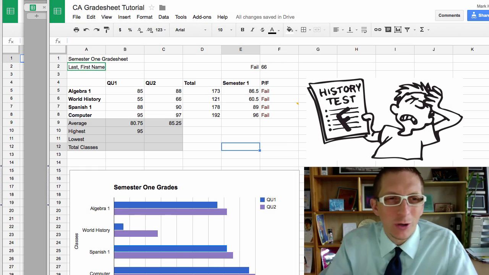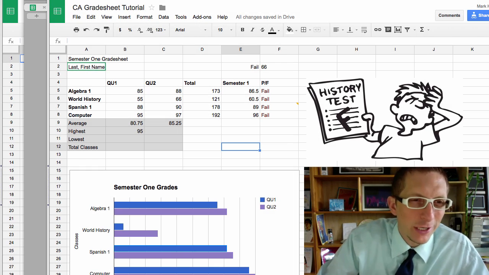Hello! Today we are learning about Google Spreadsheets and how to set up a grade sheet with different types